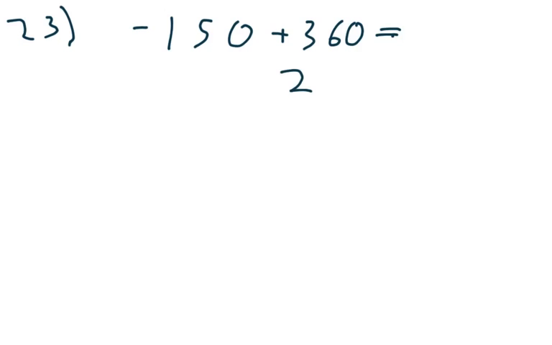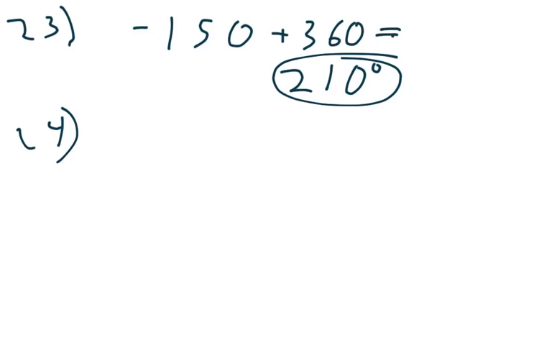For problem number 23, we have negative 150, and we are looking for the lowest positive coterminal angle. So I add 360. I will keep adding 360 until I get a positive answer. Fortunately, we only had to do it once, and I'm at 210. Alright, for number 24,